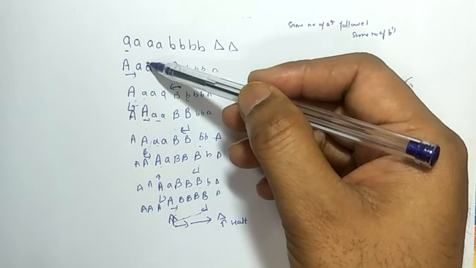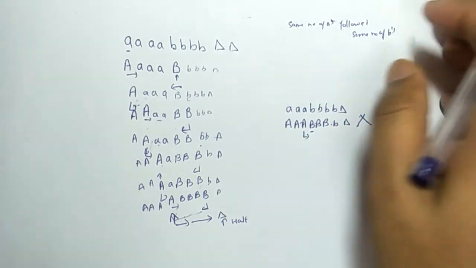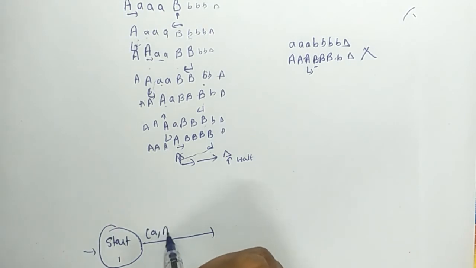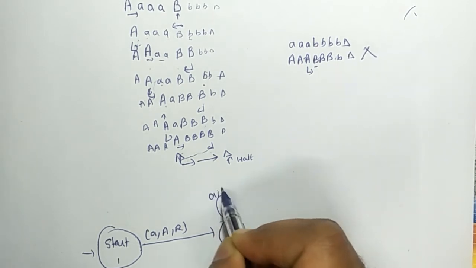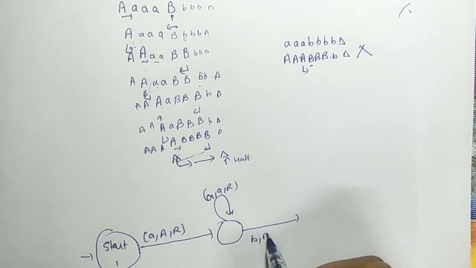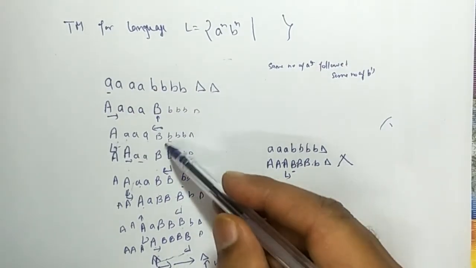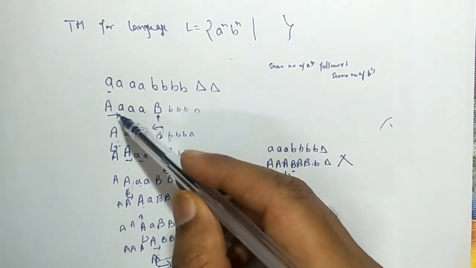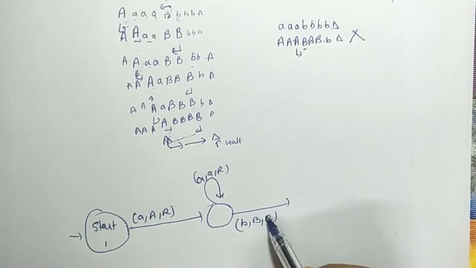to the right. You will get more small a's, then you will reach a small b and change it to capital B. So here you will get the first small a and change it to capital A, and moving to the right you may get more small a's, leaving them unchanged here. Then you will get a small b and change it to capital B. Here by changing this b to capital B you have to move in the left direction, so that you can get more small a in the right of this capital A. So here you have to move to the left.